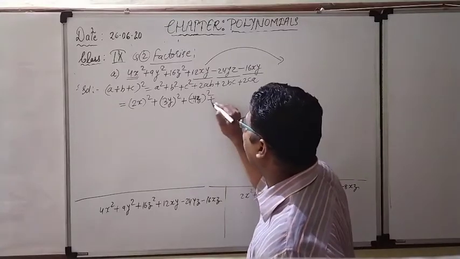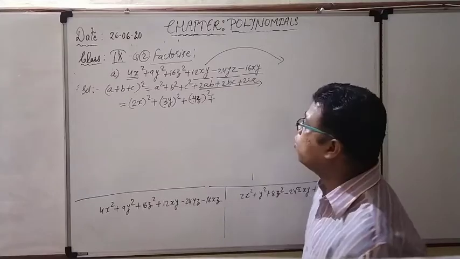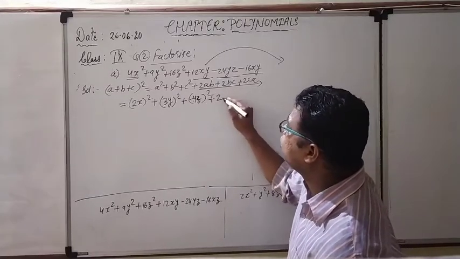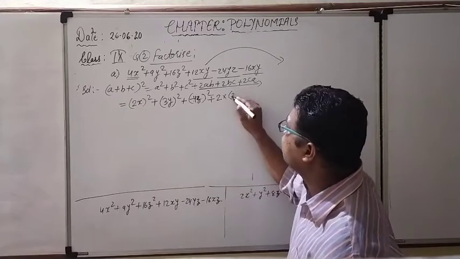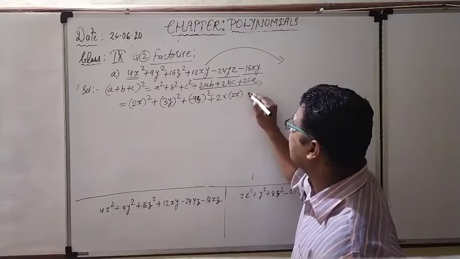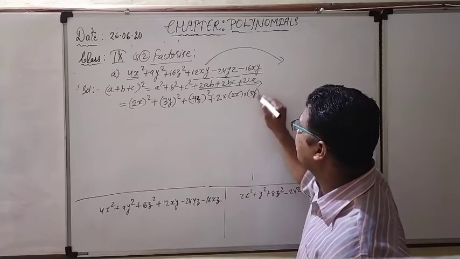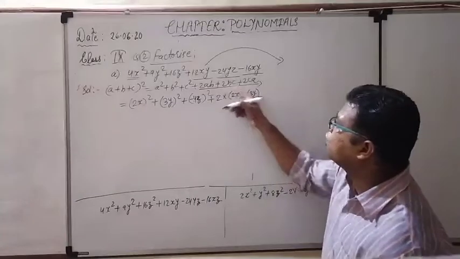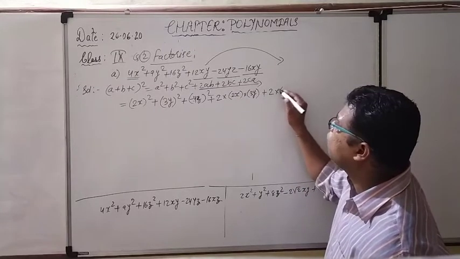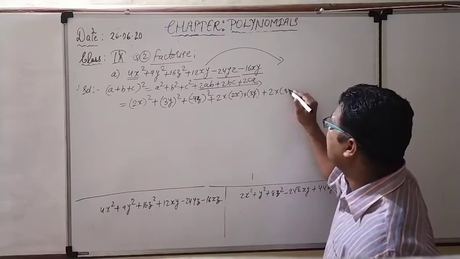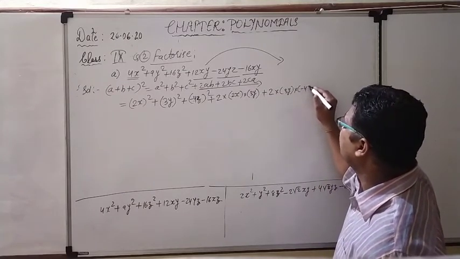Now nothing more to do, we just have to follow the formula from here to there. Look how: 2ab means 2 into a. We know what we selected for a, 2x, and after that into b, what we selected for b, 3y. So this way you have to write it down. After that plus 2bc, plus 2 into b. We know the value of b is 3y, and the value of c is minus 4z. So we have to write that down.